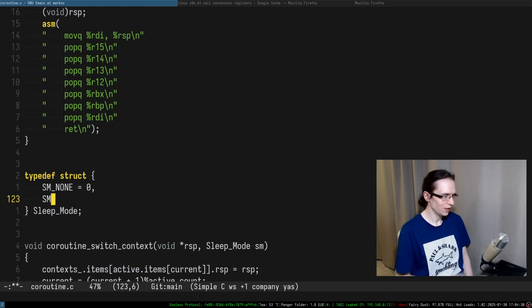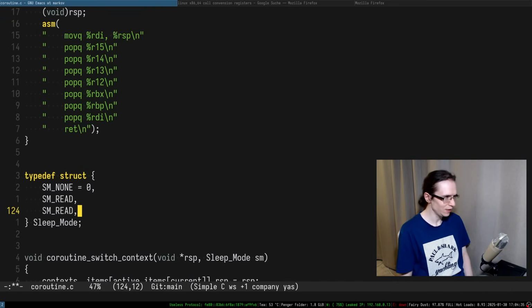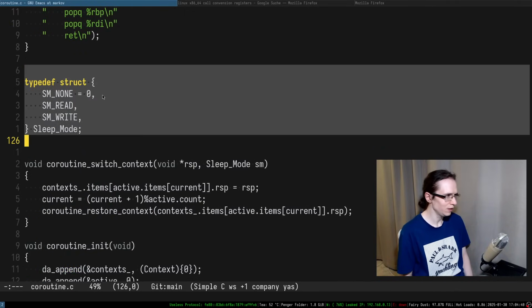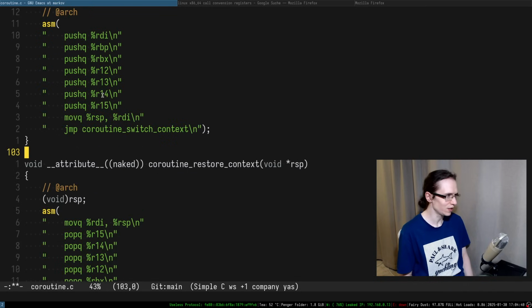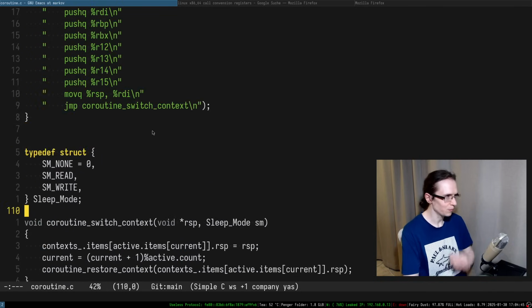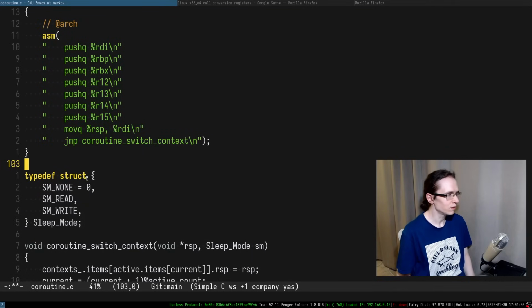Then we can have sleep mode read, so we're waiting on read and then on write. So that's the additional parameters in here. I think switch context has to be a little bit closer to the yield because they are kind of related. They are in fact kind of related. So when you just call the yield,